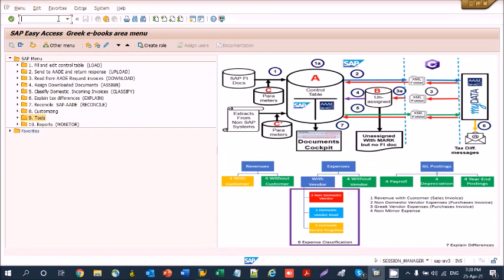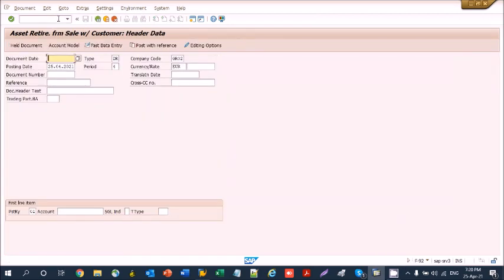Then we will post a fixed asset sale using transaction F-92, asset retirement with revenue with customer.